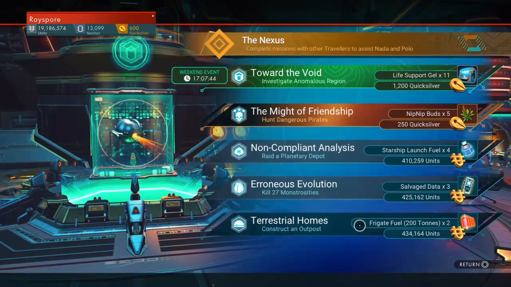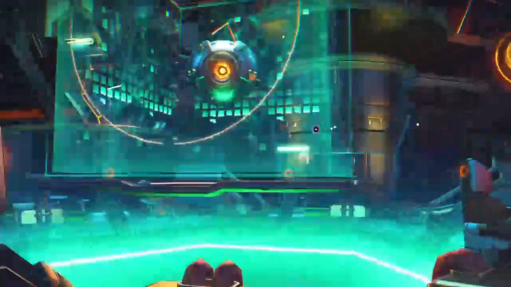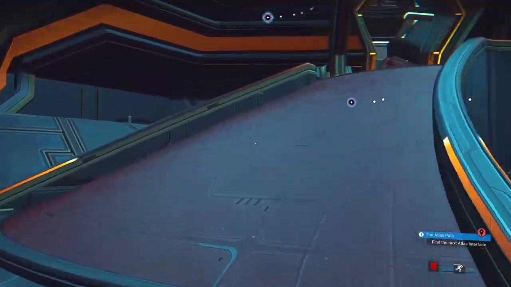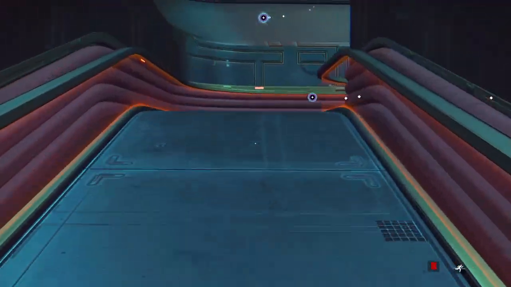So we can get £400,000 there. I haven't actually done any of these Nexus things yet. That's because it takes a little bit of effort, and it's better if you work in multiplayer, really. Now, if we go up to this marvelous structure,